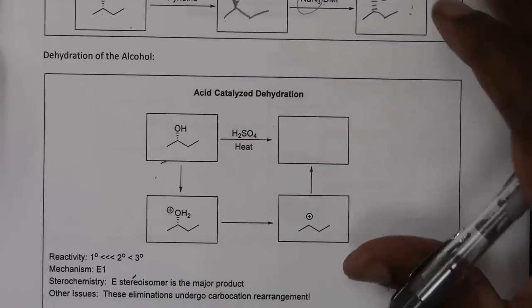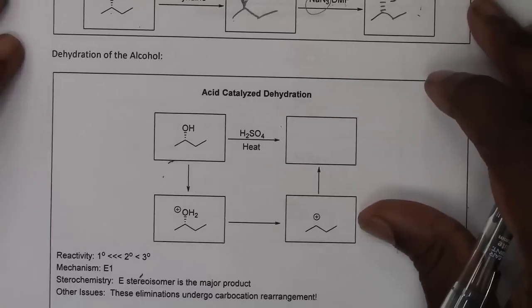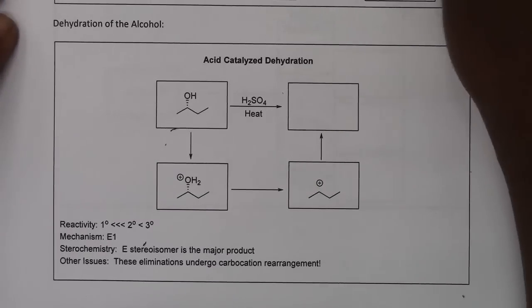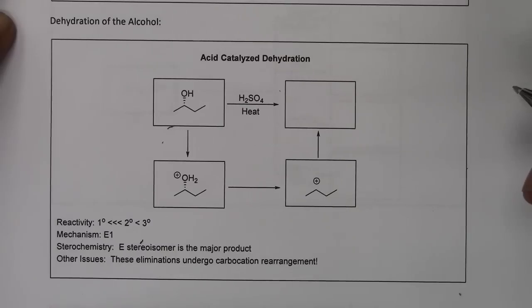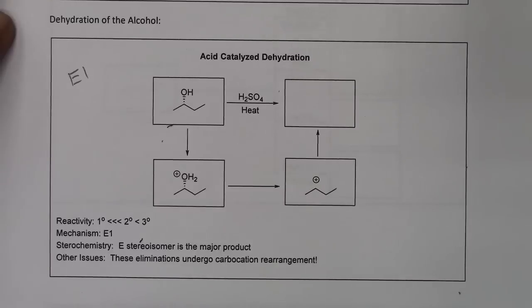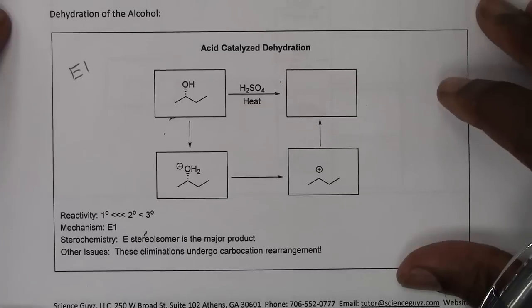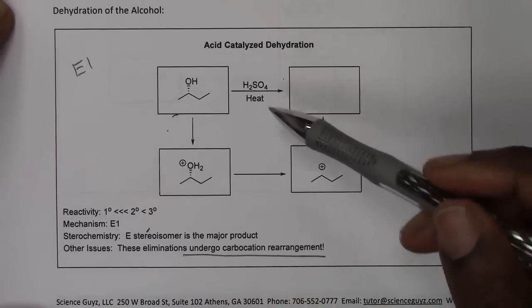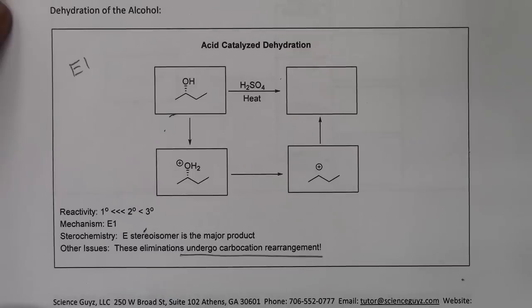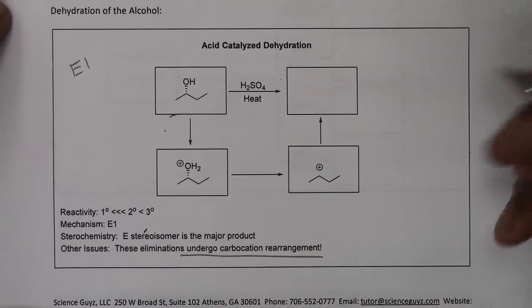All right, so the next thing that we'll look at is the dehydration of the alcohol. Now, dehydration of alcohol will take place in strong acid. Understand in general, whenever you're dehydrating an alcohol in strong acid, this is an E1 mechanism. What is the significance of that? Well, understand that E1 mechanisms have the ability to undergo carbocation rearrangements. So watch out for carbocation rearrangements anytime you have acid-catalyzed dehydration. Generally, you will form the more highly substituted double bond